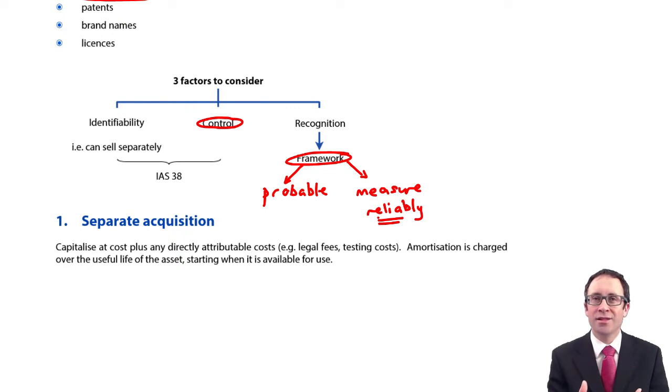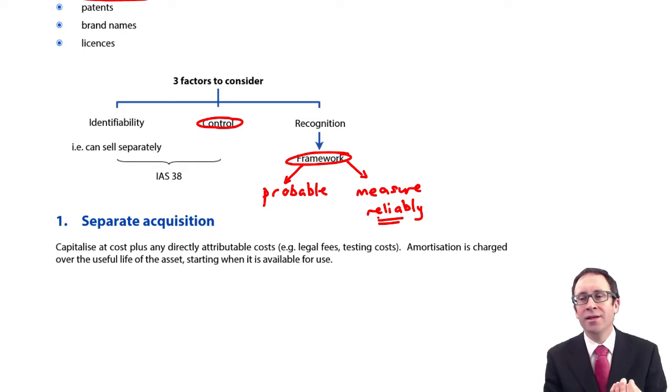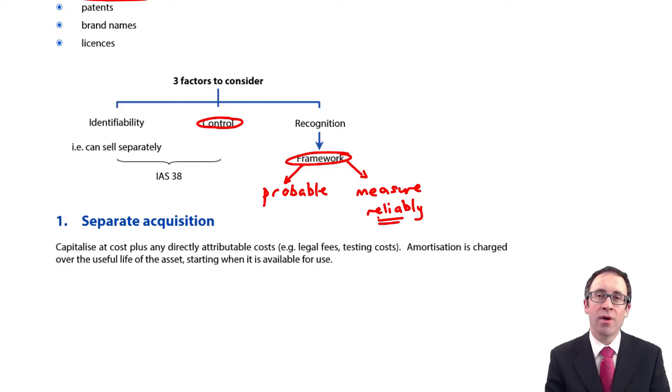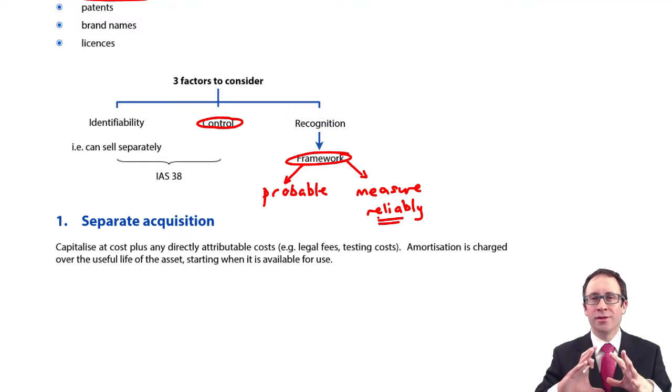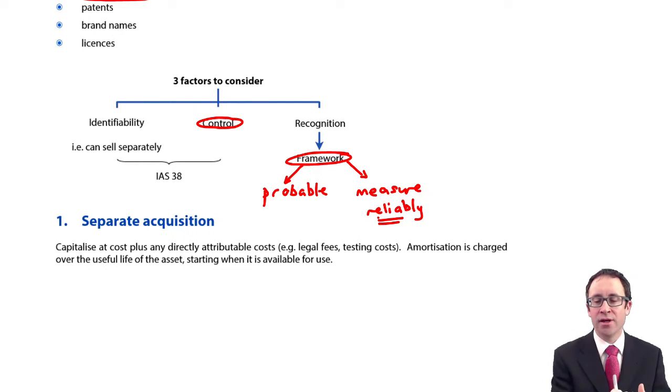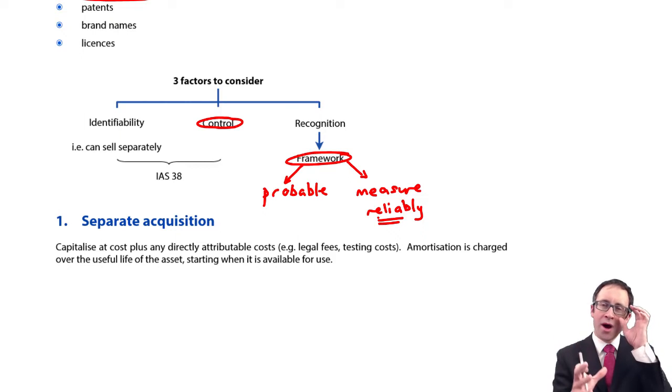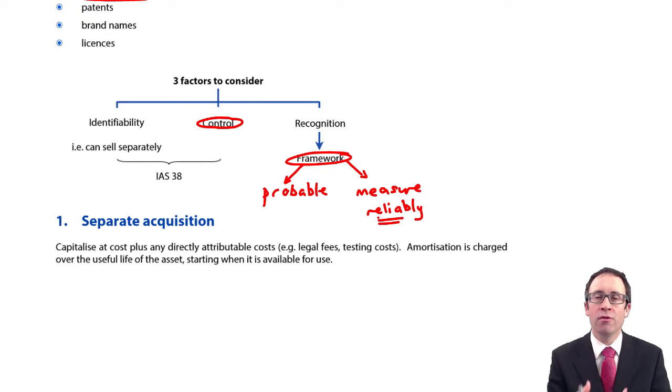So from an IAS 38 perspective, although a brand name is an intangible of sorts, in that it has no physical substance, it's identifiable, we have control over that brand, and the likelihood is that it will bring us benefits in the future, we cannot measure it, so therefore it is not recognized. Okay, so if ever you've got an intangible, always come back to the fundamentals of what's contained within IAS 38 and within the framework. But what IAS 38 does is give you some specific rules to follow for certain